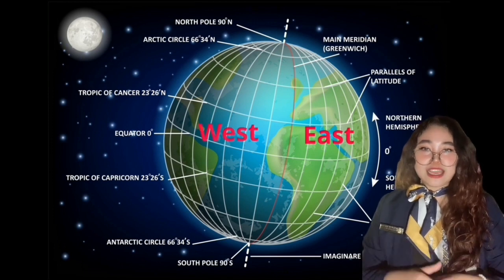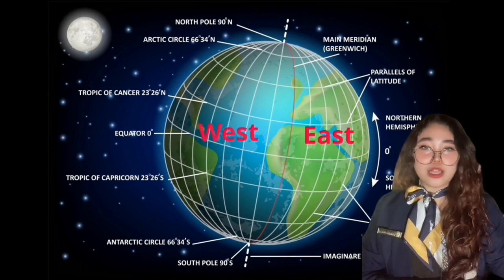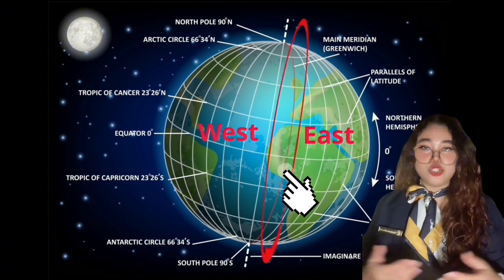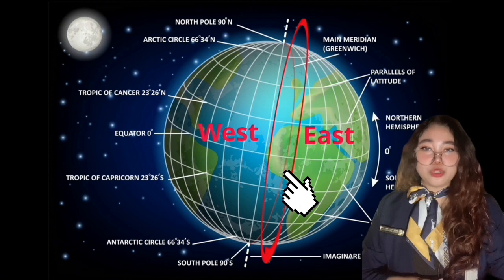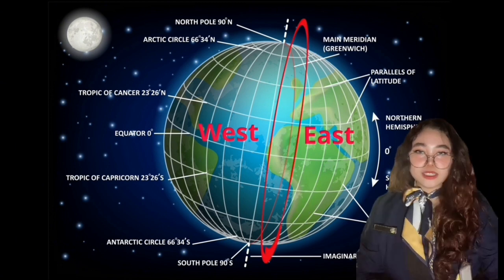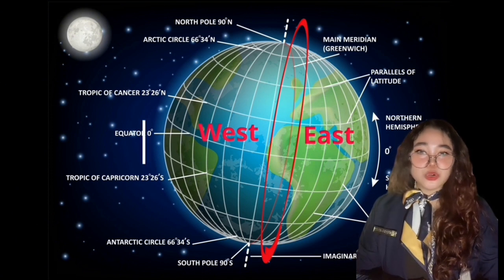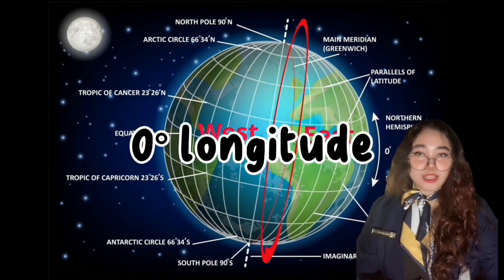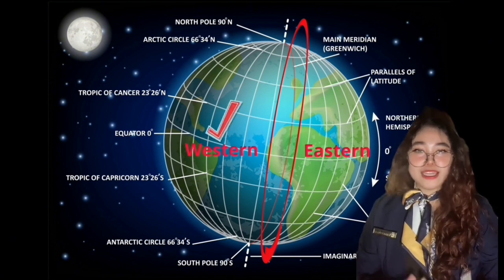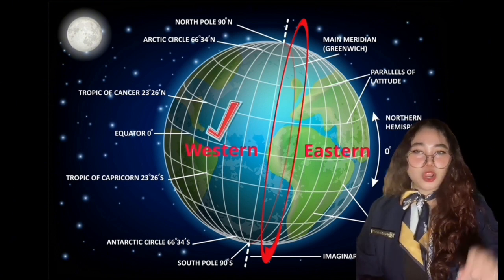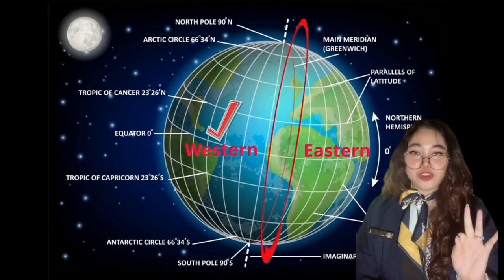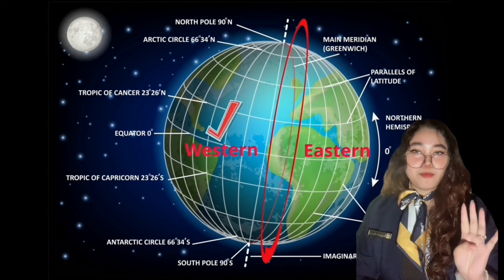The world can also be divided in half another way, separating east from west. The imaginary line that divides the world into equal east and west halves is called the prime meridian, and it passes through the Greenwich Observatory in London, England. The prime meridian is at 0 degrees longitude. Any place to the left of the prime meridian is in the western hemisphere, and the land areas included are North America, South America, the Caribbean area, Oceania, and parts of Antarctica.